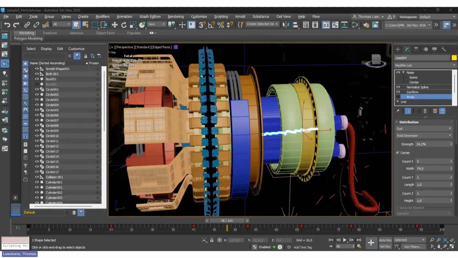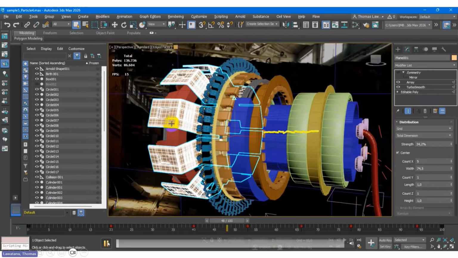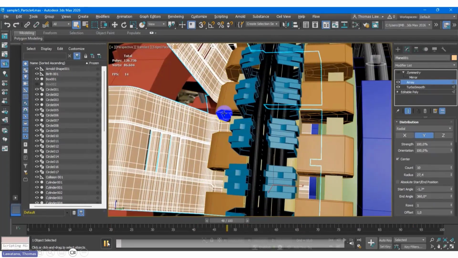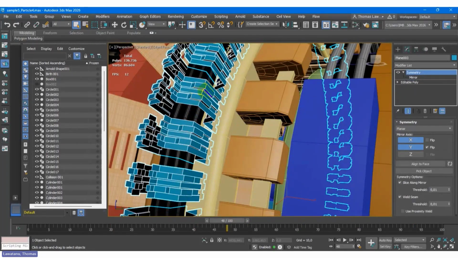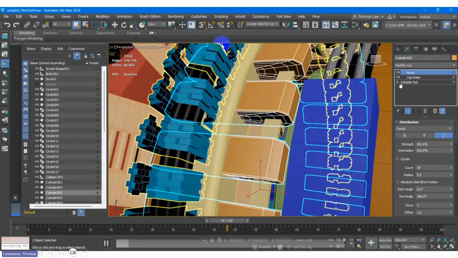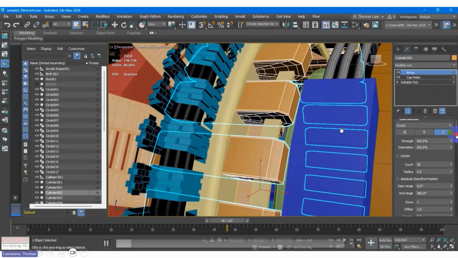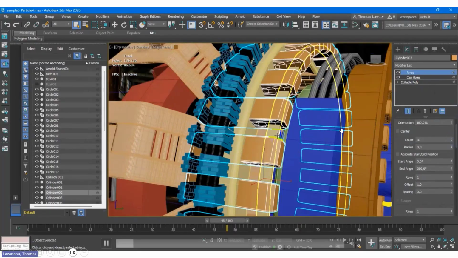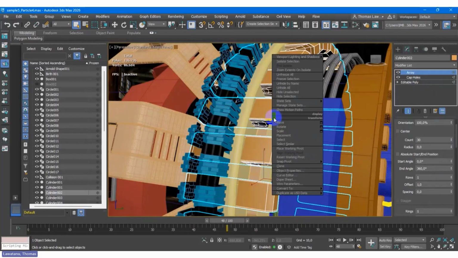The array is very helpful to create, let's say, this prototype of the jet machine. Things like the array help me to multiply the parts.